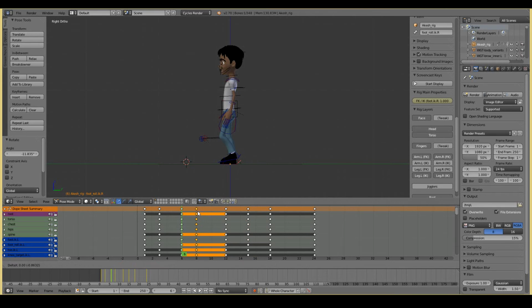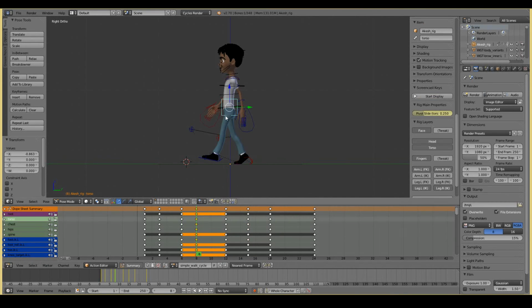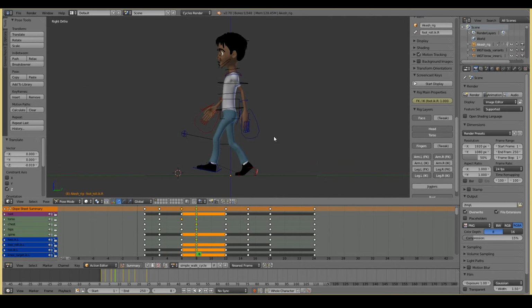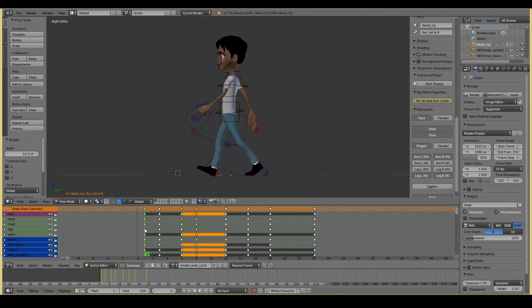Maybe I'm going to move this a little closer here, and maybe move this a little lower. Move this down. Okay. Let's have a look at that. I think that's good. So I'm just going to copy this for a second.